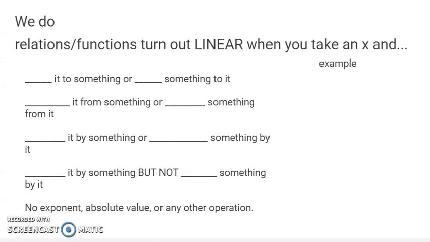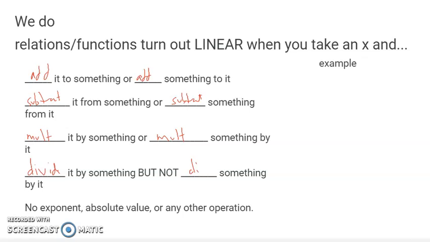All right, open your math notebook. Let's start by writing these things down that I mentioned before. So relations or functions will turn out linear if you take x and add something to it, or add it to something rather, or add something to it. Subtract it from something, or subtract something from it. Multiply it by something, or multiply something by it, or divide it by something,